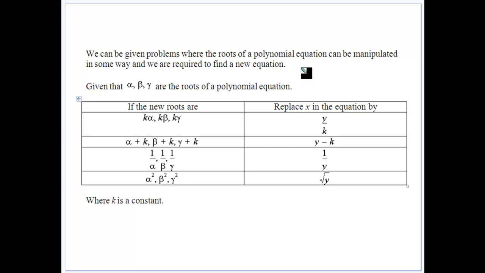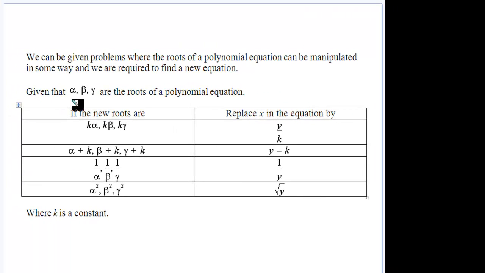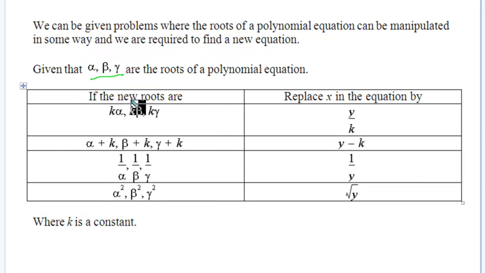So we can do this in a number of ways, and there are 4 ways we can do it here. If we're given a polynomial equation and the roots are alpha, beta, and gamma, so it's going to be a cubic, obviously, we want to find the polynomial equation where the new roots could be some number multiplying all 3, or some number added to all 3, or the reciprocal of all 3. And the one that gets asked a lot, because there's the most manipulation, is where we take the square of all 3